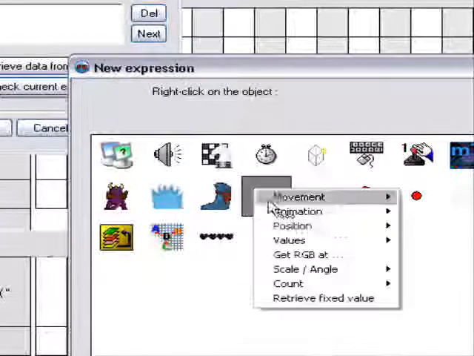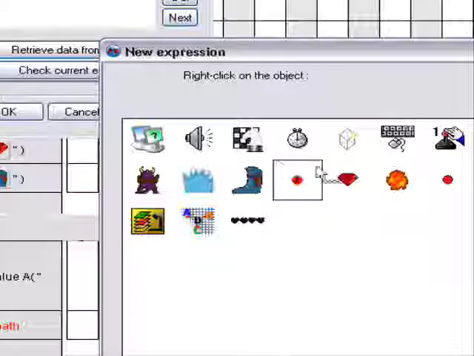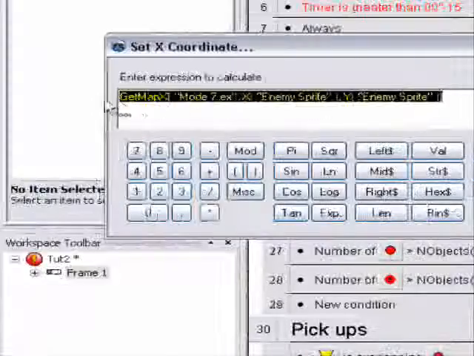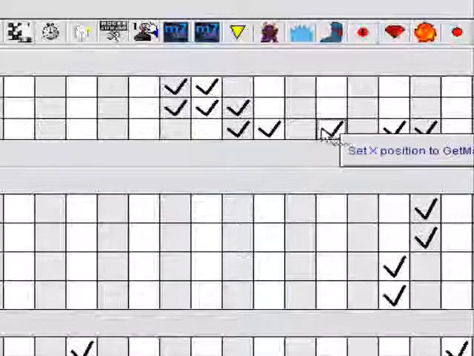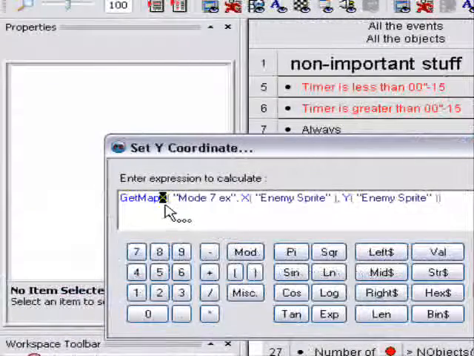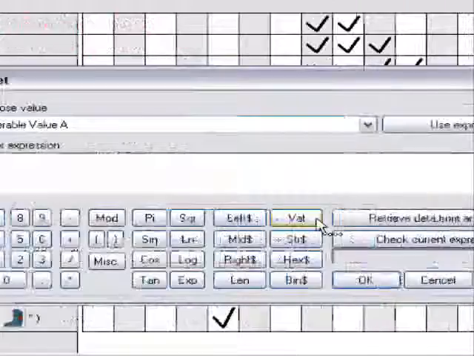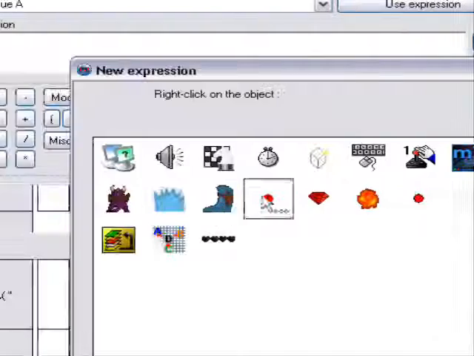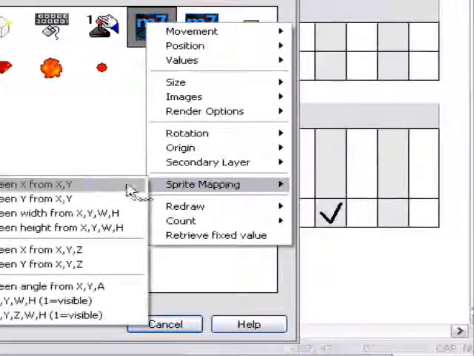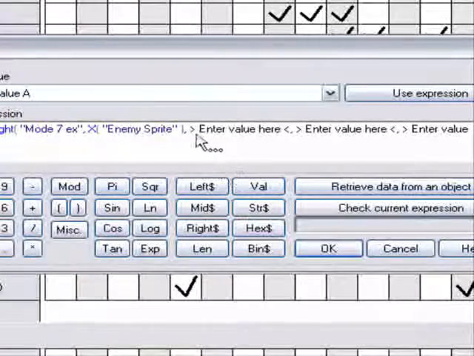Now, I'm going to go here, set the X position just like before. It's a pretty easy process once you get the hang of it. And you set the Y position here. Copy this. Paste this, change the Y. And set the zoom value of the enemy to,